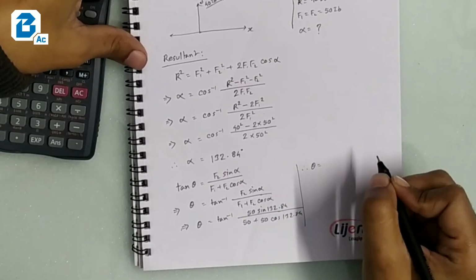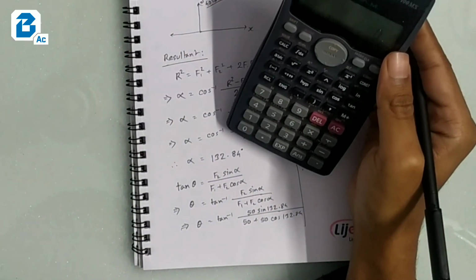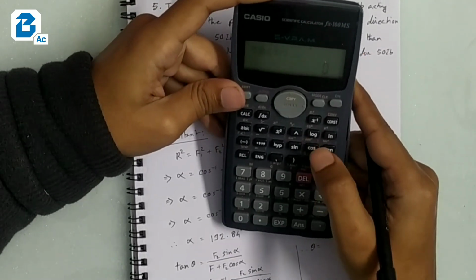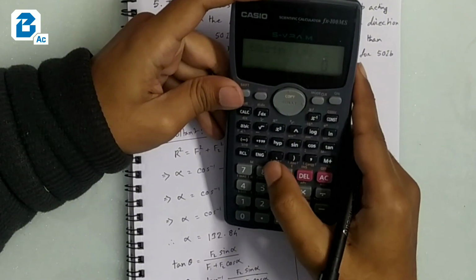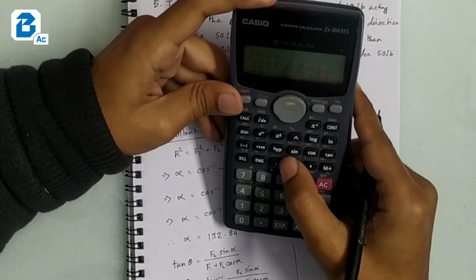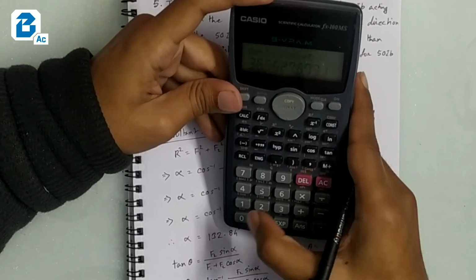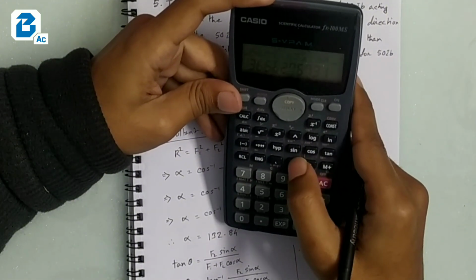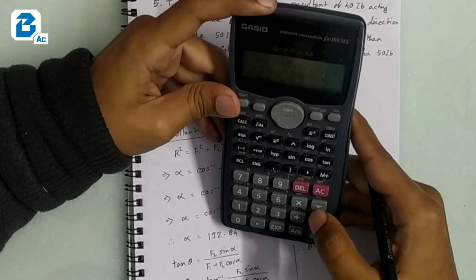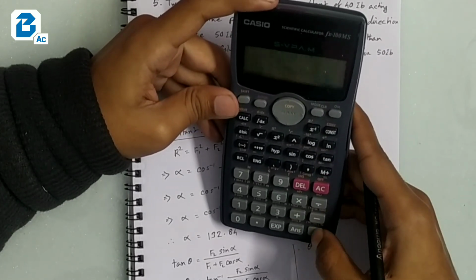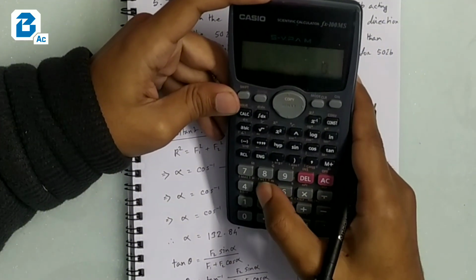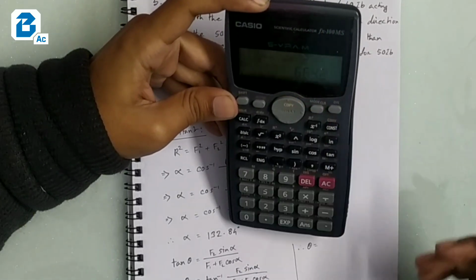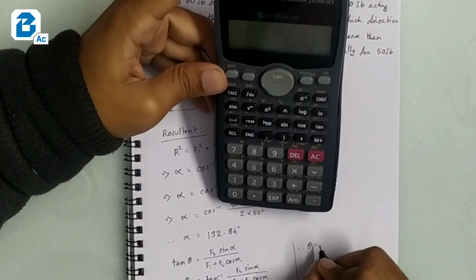Therefore, theta is equal to 50 sine 132.84 divided by 50 plus 50 cos 132.84, then tan inverse answer is equal to